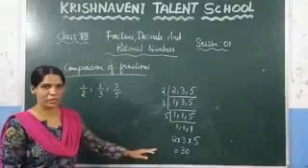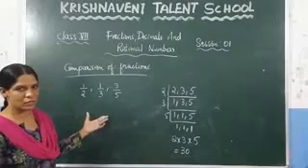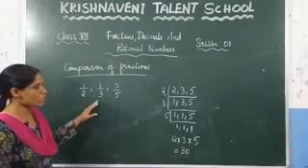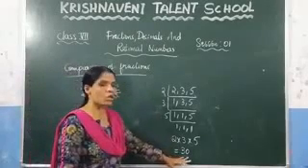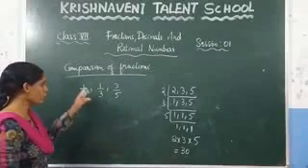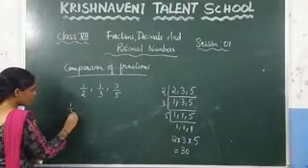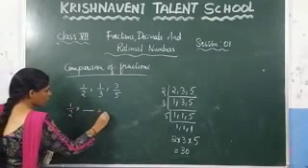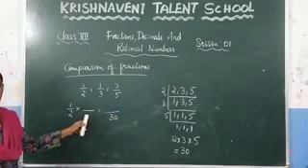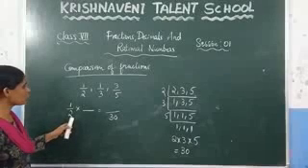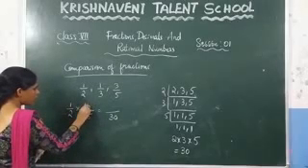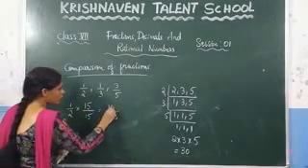So what is the step here? If you are given more than 2 fractions, you need to take the LCM of the denominators. After taking the LCM of the denominators, you got 30. So here you have to make the denominators 30. Now take the first fraction which is 1 by 2. Here you need to make this denominator 30. Which number do you need to multiply by? You need to check in the table when you will get 30. You know that 2 into 15 is nothing but 30. So multiply and divide with 15. So you get 15 by 30.